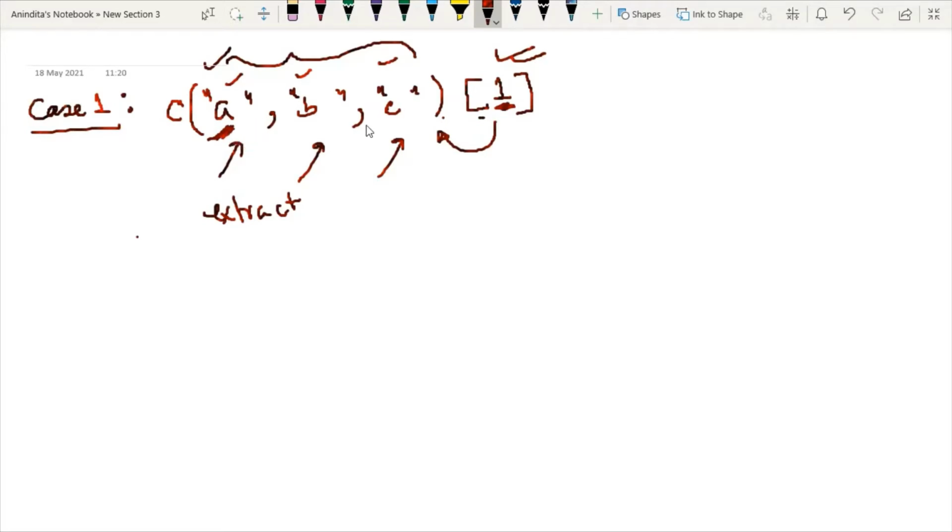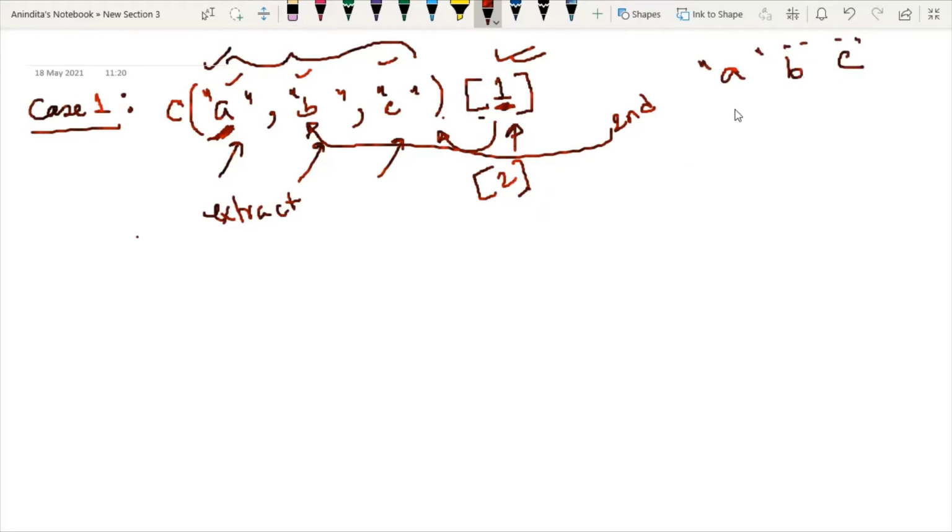Now similarly, if I use 2 instead of 1 here, at this point of time it will fetch the second component of the vector. Now here you have to remember one point. Whenever I am defining one vector, the index starts from 1 in our language. However, we have many languages where the index starts from 0.